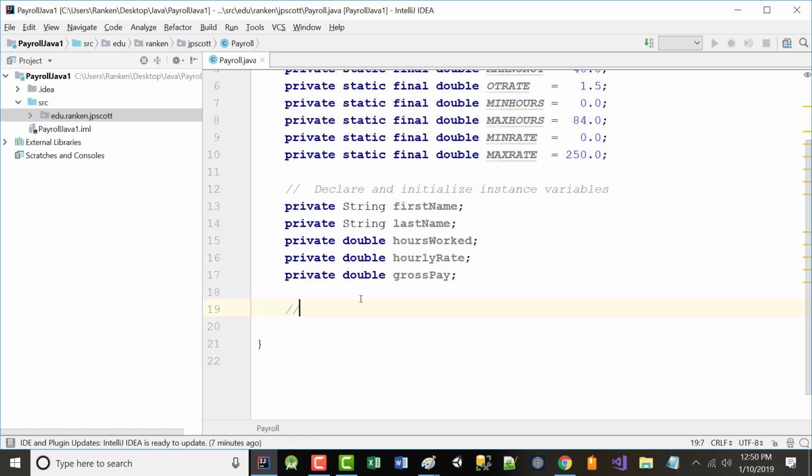Just so we get some practice, I'm also going to declare and initialize some class variables. Again, it didn't have to be done this way. I decided, and this is all stuff I made up. If something doesn't work, or you think, man, this sucks, it's all on me. I didn't get it out of a book. I sat down one weekend and did a bunch of these. All right, so